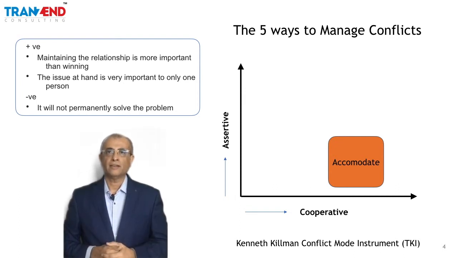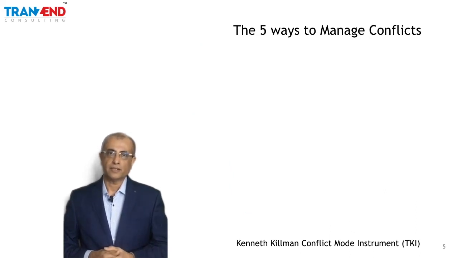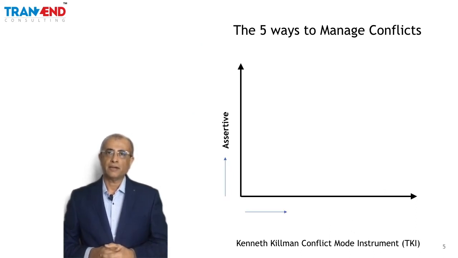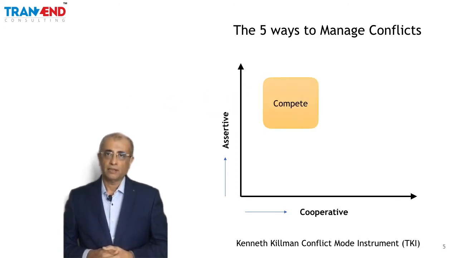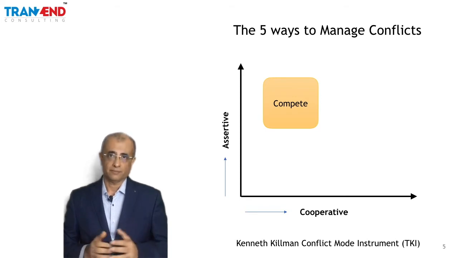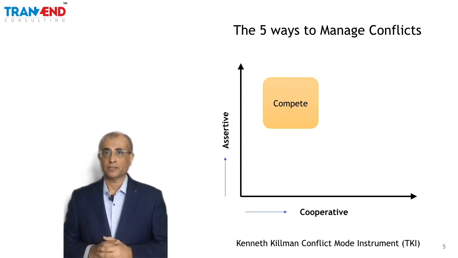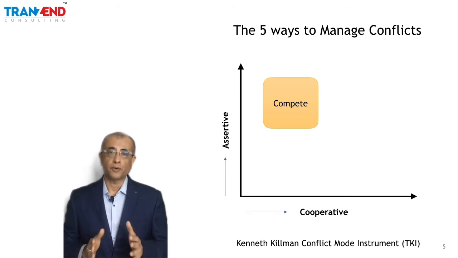Now here let's look at the third approach to managing conflicts, and which is compete. Now as you can see, compete is way up on assertion and low on cooperation. This is an approach in which we push our way through. We demand for more. We try to win in the conflict. Well, as you may have understood now, this will not work everywhere, but only in certain specific situations where it will be very important for you to compete, to push, to get your way through.